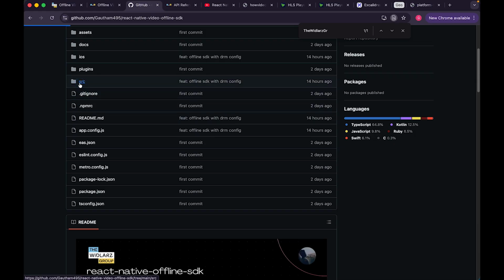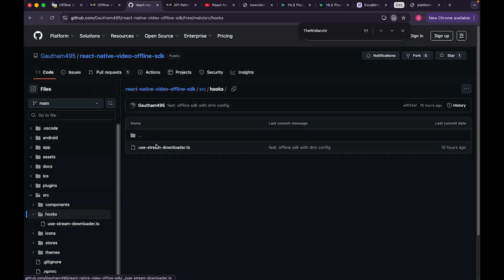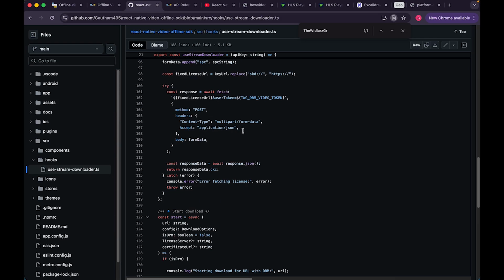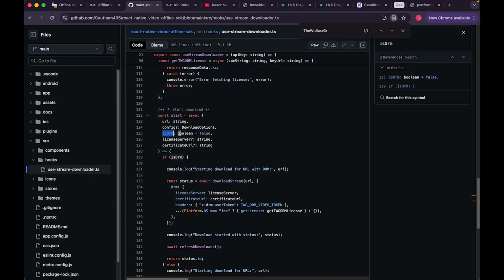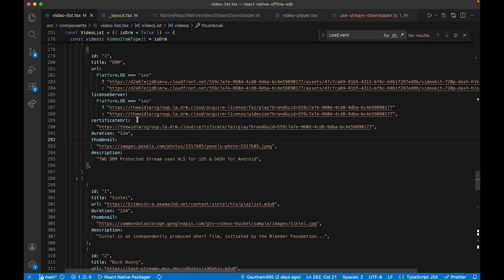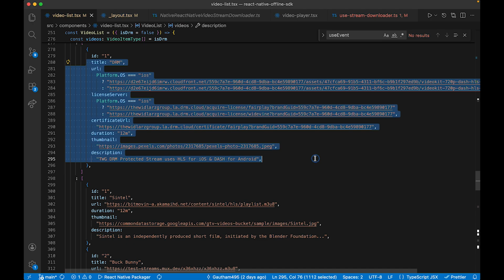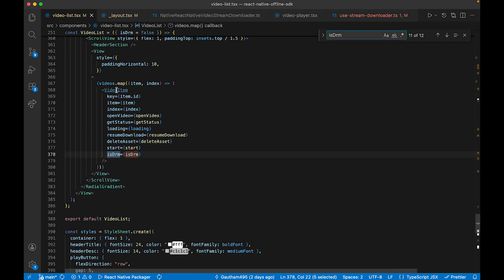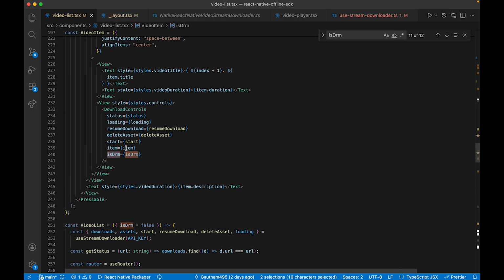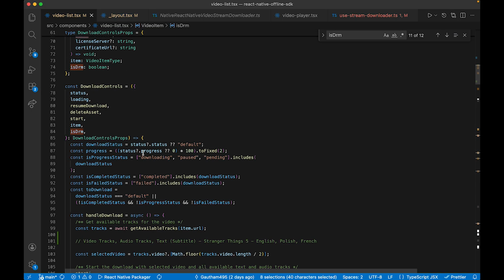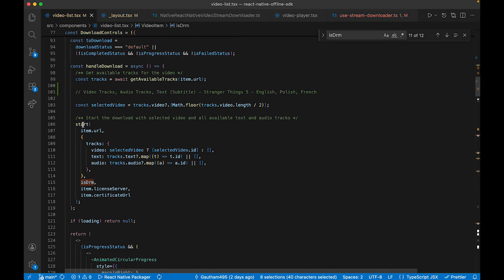If I go to source and then hooks, use stream downloader, you can change it according to your business logic. But I have already made some configurations for you to speed up your development flow. So what happens here? This is a DRM protected video, right? So we are going to pass the isDRM prop, and if it's a DRM protected video, we are going to send that to the hook side, to the function side,